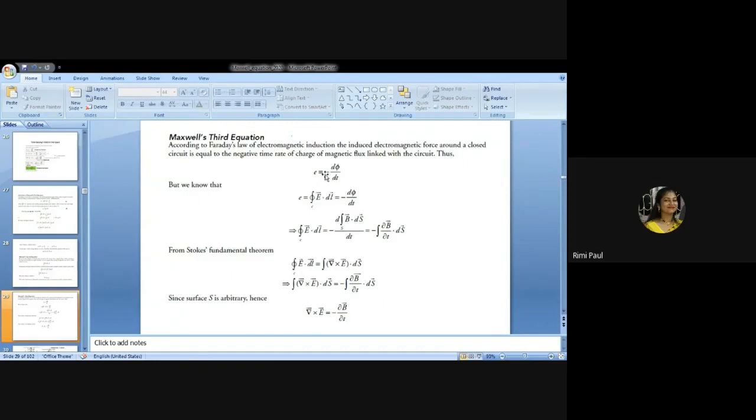Now the second part. Suppose we take a coil, a circular path, and a particle of charge Q0 is moving around the circular path. Suppose